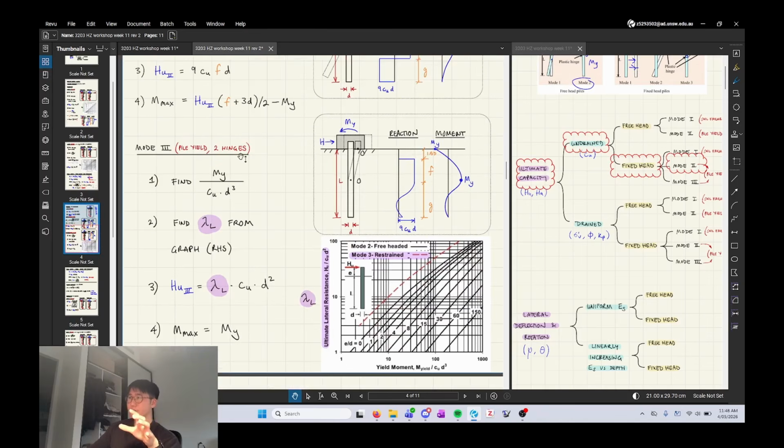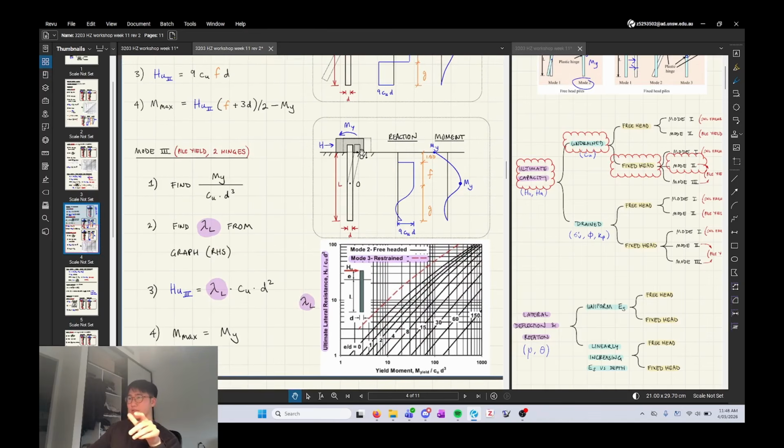Failure mode 3 is where two plastic hinges form, which basically ends up giving you this really strange load distribution, or reaction distribution, on the soil. And then you end up with a really weird bending moment where the two yield moments line up with where the plastic hinges are. Anyway,